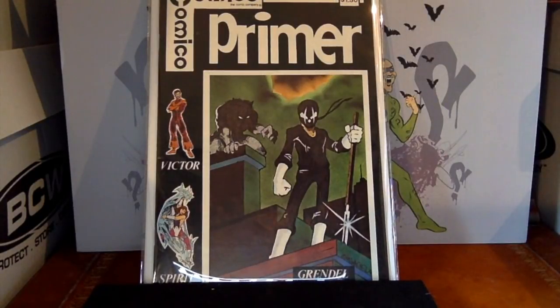Kamiko Primer. Again, a very, very simplistic cover. I don't think this cover is necessarily on anyone's top 10 or top 20 list of favorite covers, but for me it is. I was always fascinated with the character Grendel, even way back in 1993. And when I finally got this book several years ago at the New York Comic Con, it was a treat